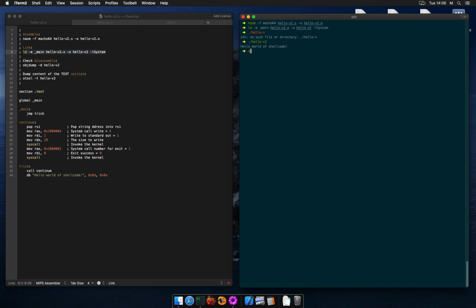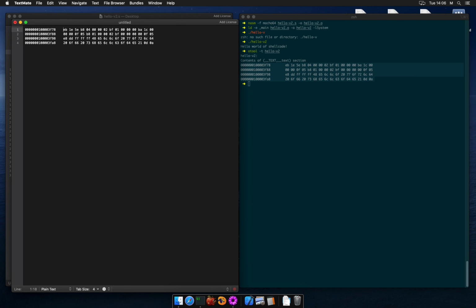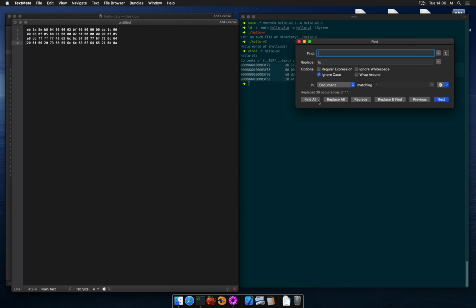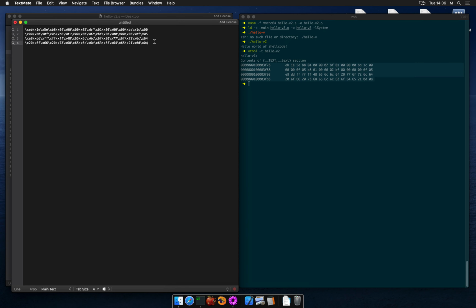Next, let's obtain the disassembled bytes from the text section of our Hello version 2 binary. We will keep only the bytes and will remove the addresses, and replace all the spaces with \x to create a string of hex bytes. Alright, we have our shellcode.